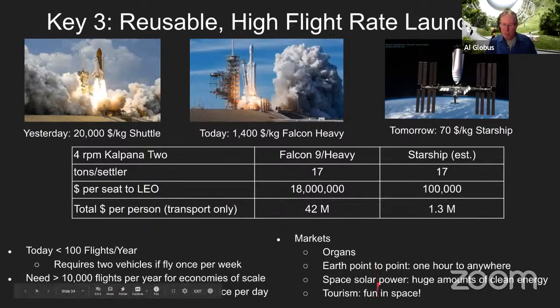Okay. Next one is space solar power. Basic idea is you gather energy in space and you beam it to Earth. This can be an enormous supply of very reliable, very clean, no carbon emissions in operations. And the reason it hasn't worked is it's too expensive. But most of the cost, or a lot of the cost, was due to launch costs. And launch costs went down a whole lot. So it's time to revisit space solar power and see if we can't get those huge amounts of clean energy,